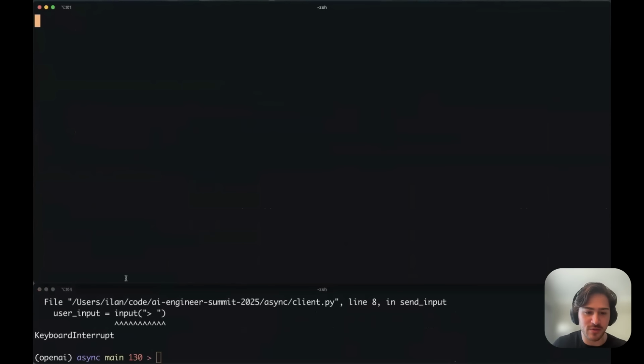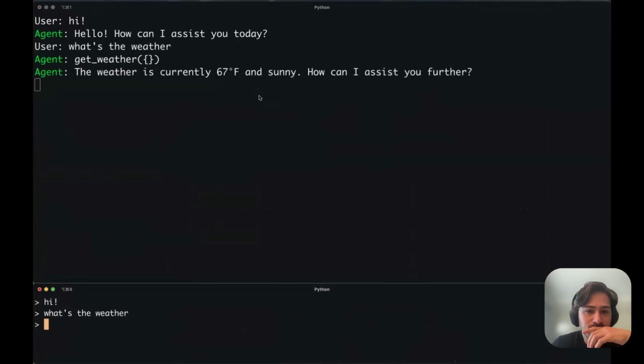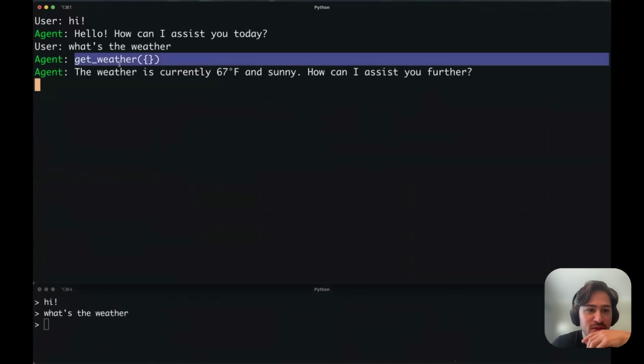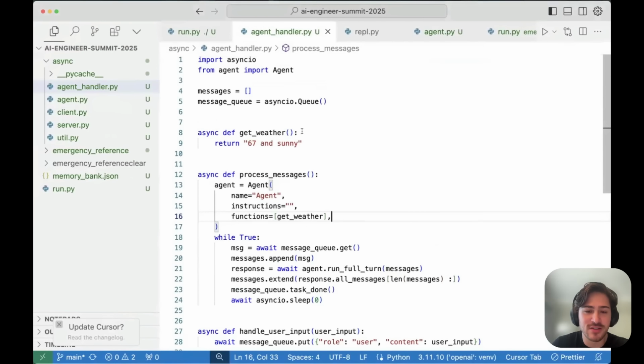The only annoying part is we have to restart two things now. So, hi, what's the weather? Great, so we can see it called a function, got the response. So far, everything's normal. Now let's do some delegation stuff.